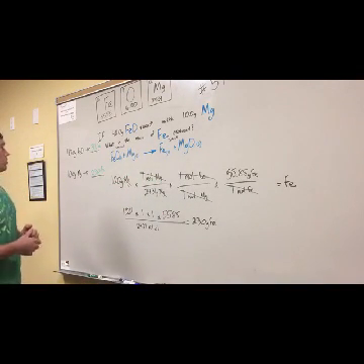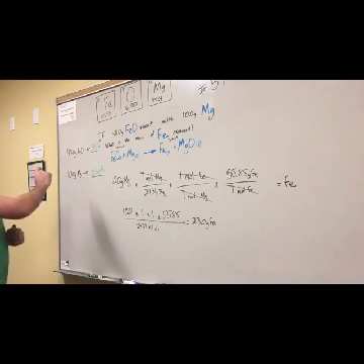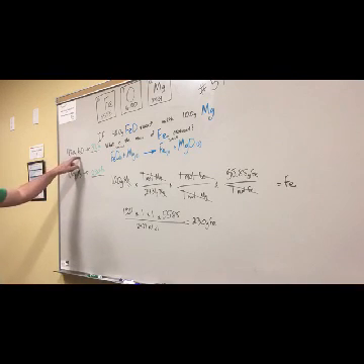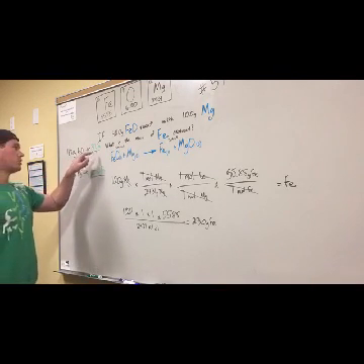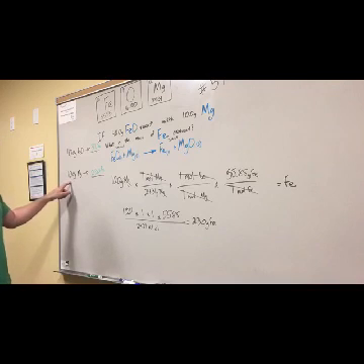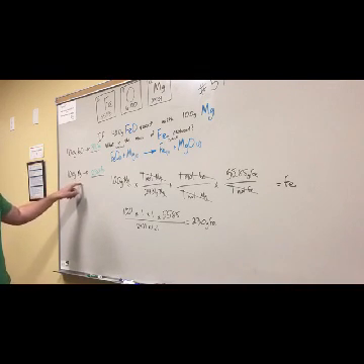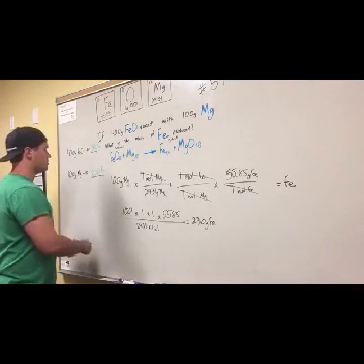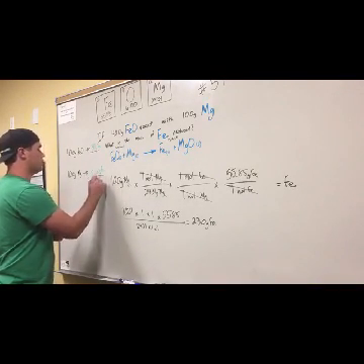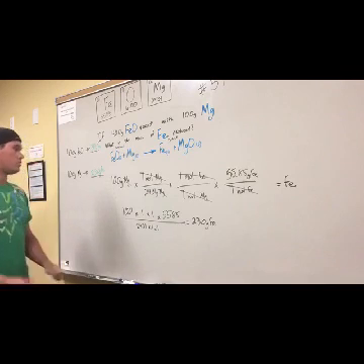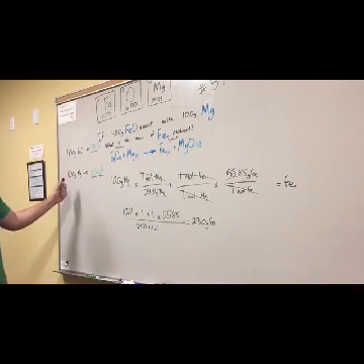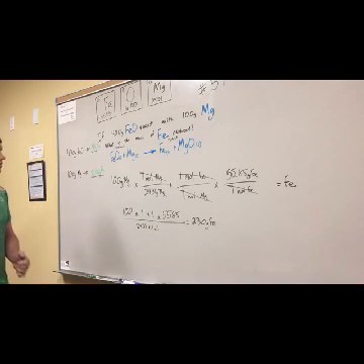So we know that we'll have excess when we have 40 grams of iron oxide, which will yield 31.1 grams of iron, whereas only 10 grams of magnesium will yield 23 grams of iron. So therefore, the limiting reactant will be the 10 grams of magnesium, which will only yield 23 grams of